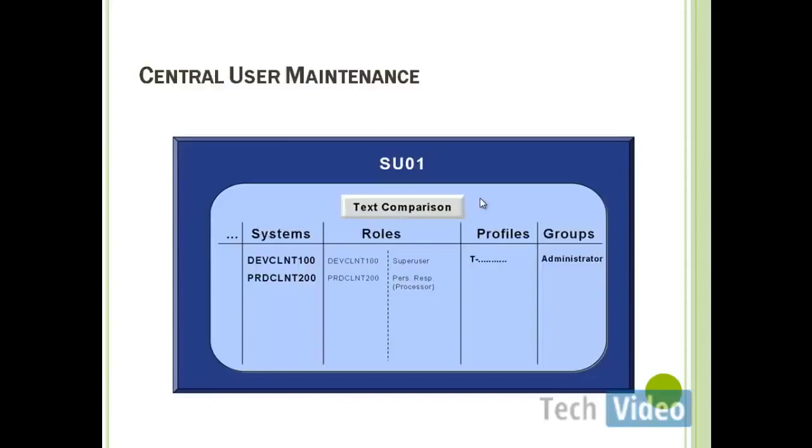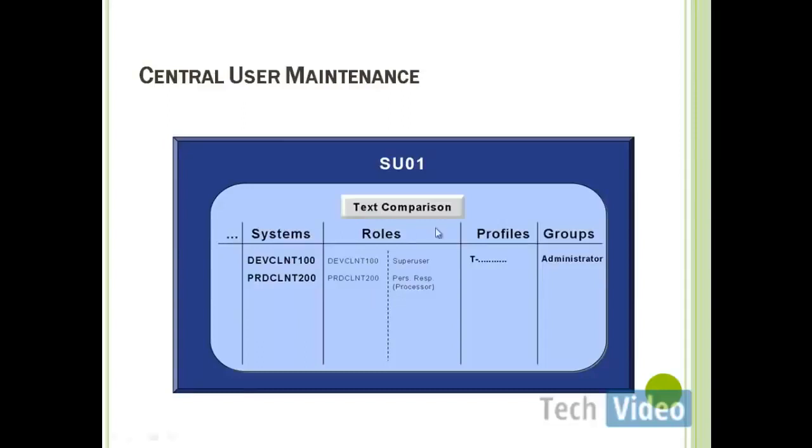However, for CUA it needs to know what is the role which is available in the child systems, right? So we need to have the identification of this role. That does not mean the entire authorizations inside the role. So the CUA will store the role name, the technical role name, and the description of this role as well as the profile names in the central system.